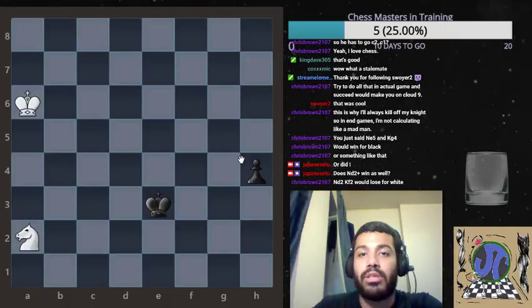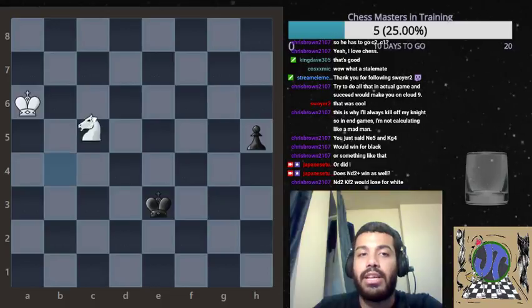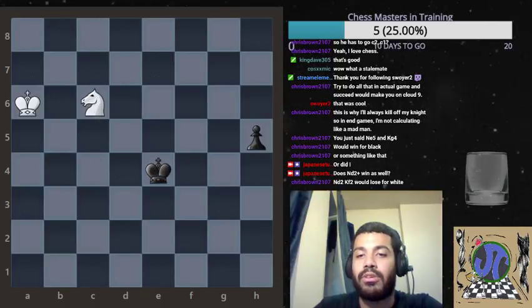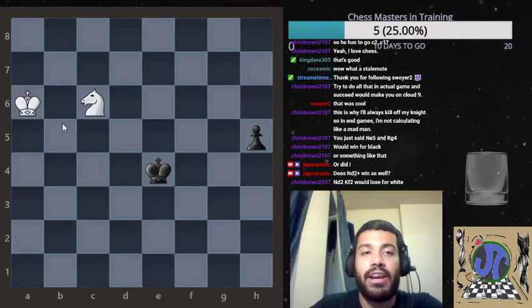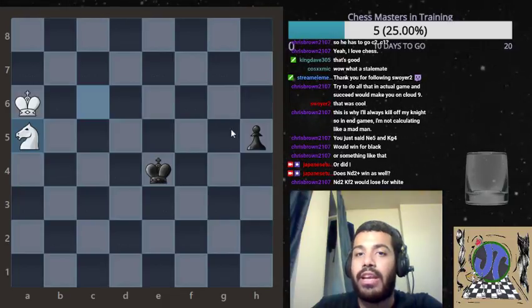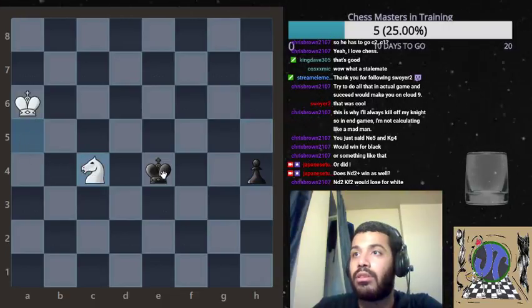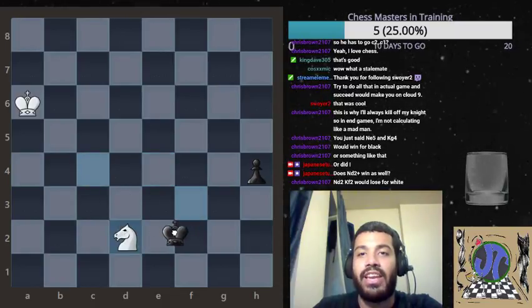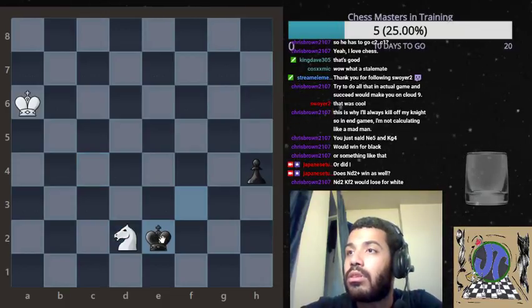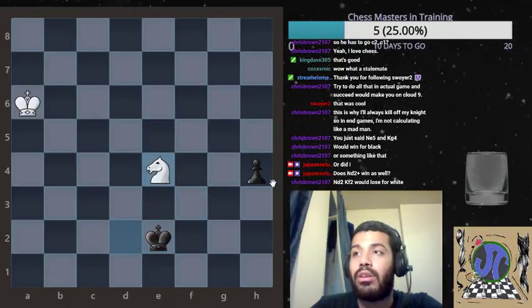The knight's here, pawn is here. Okay, knight b4, h5. Knight c6, king e4. After king e4, knight a5, h4, knight c4, king f3, and then on knight d2, you have king e2. This is the one that loses because of knight e4, h3,